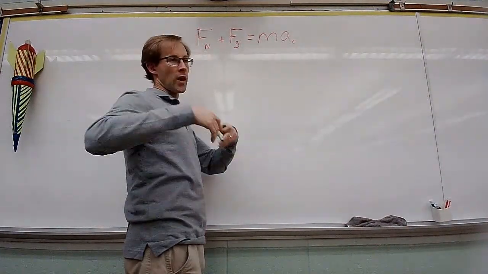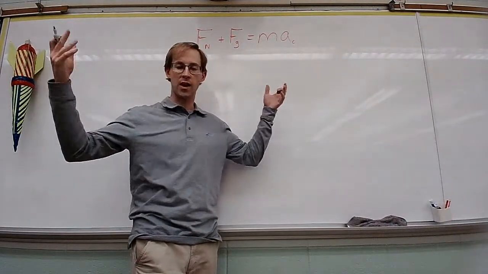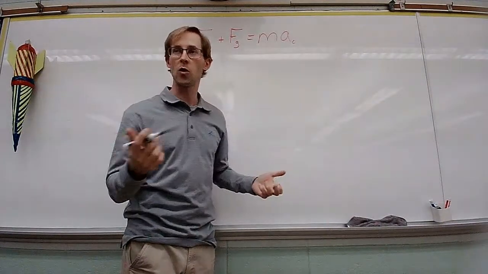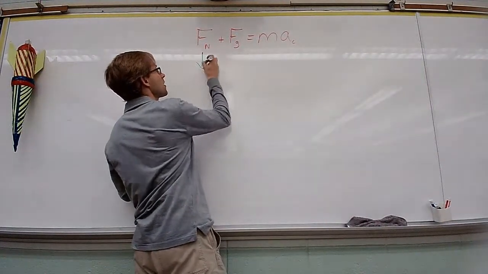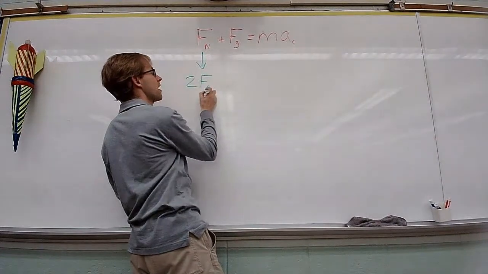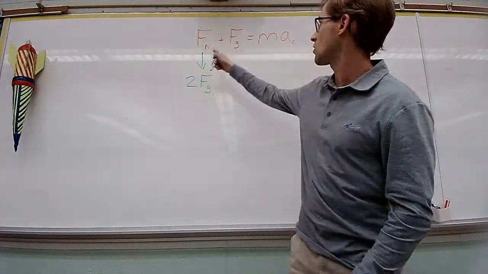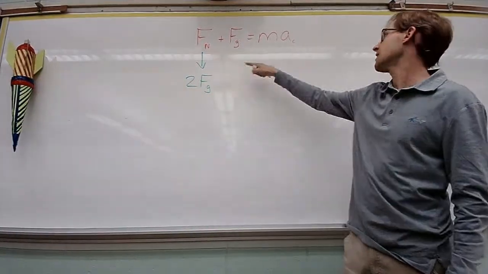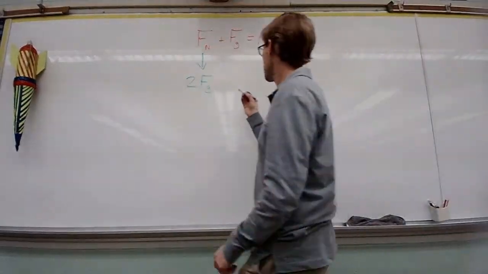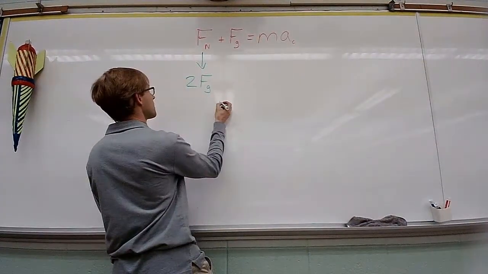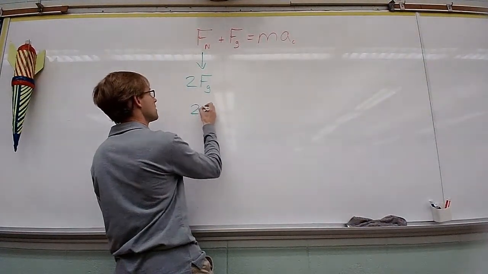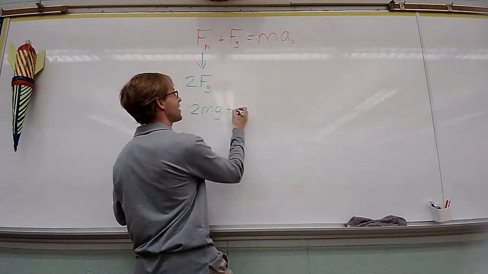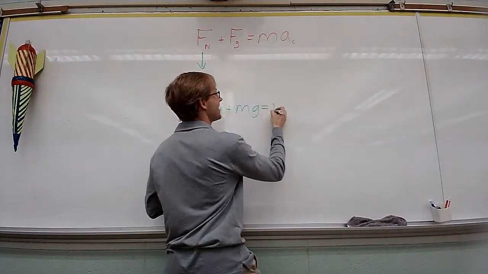So if you regularly feel like you weigh whatever your force of gravity is, then twice your normal weight would simply be equal to twice your force of gravity. So you would simply take your normal force, change it to 2 times force of gravity, add it to that, and you'd see how it plays out. So let's just see what happens here. 2. Yes, that's how easy it is. 2mg plus mg equals mass